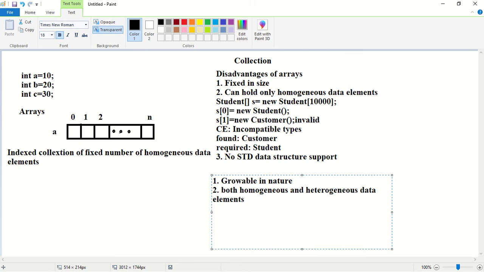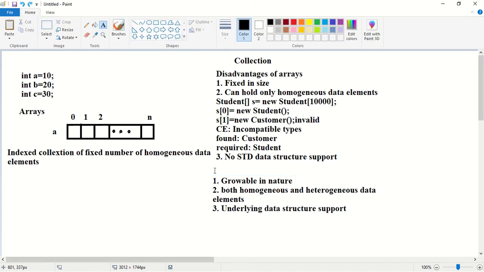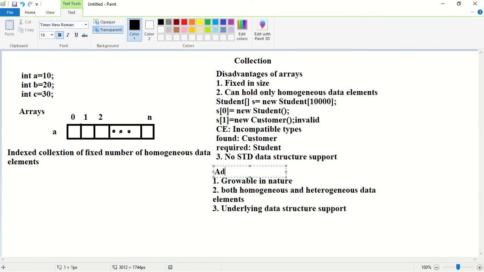In the case of an array, there is no standard data structure support. But in the case of collections, there is an underlying data structure support. So these are the advantages of collection.